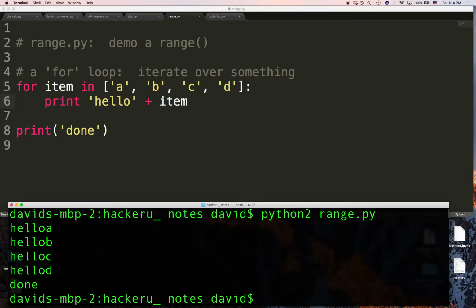First item is A, then we execute the block. Then item is B, then we execute the block. A would be 0, but in this case, we're not working with those indices. We're just saying for loop over all of them. Okay, gotcha. Now, when I use a range,